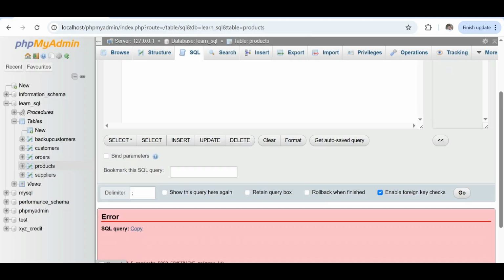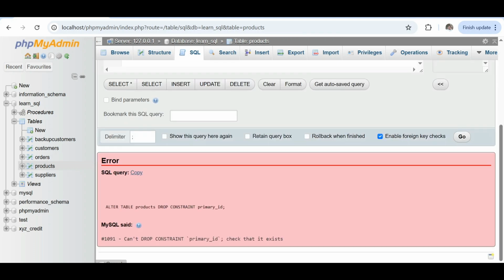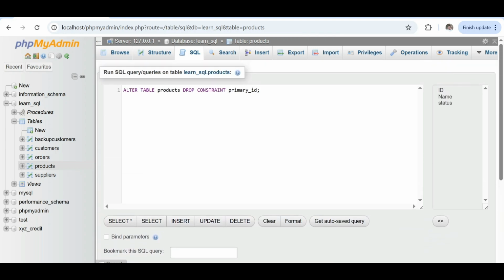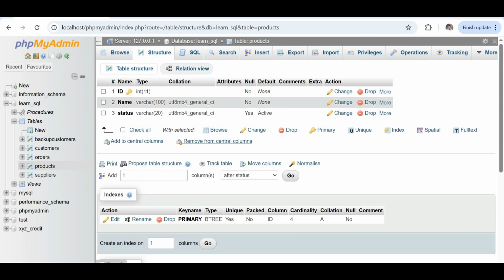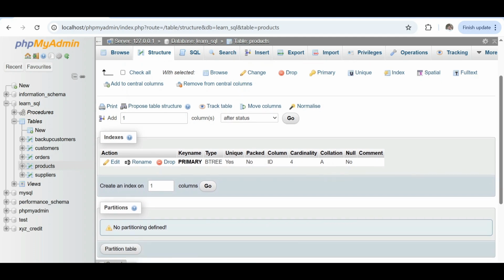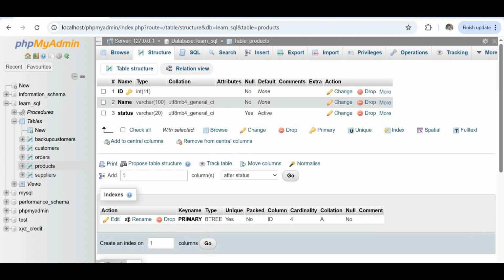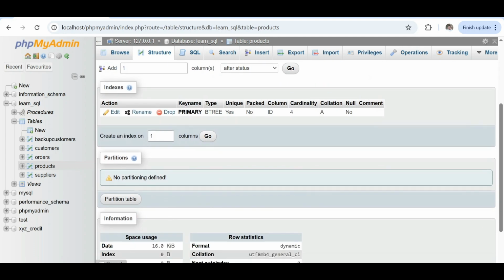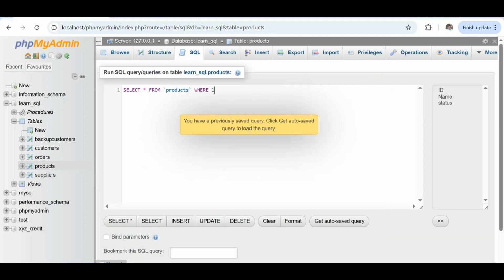Okay, what can we use here? Okay, drop primary key.